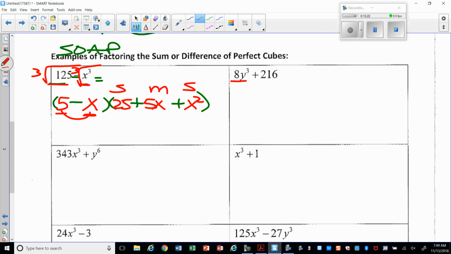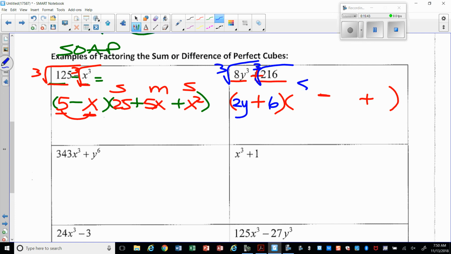All right, so now I have a perfect cube, so now I'm going to have a binomial times a trinomial. They're added, so I'm going to do SOAP. That would be same, opposite, always positive. And then I'm going to cube root this, so I get 2y, cube root this, so I get 6. And then I'm going to do square, multiply, square. So that would be 4y squared. Multiply these together, so that's 12y, and then square that term, so that would be